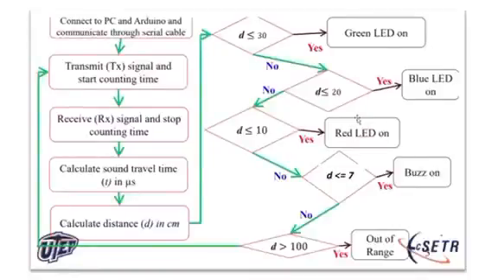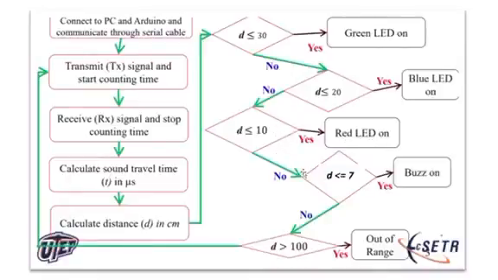We have the flow diagram of the code, which demonstrates the logic of the code. So right here, if the resultant distance is less than or equal to 30, the green LED will be on. The next situation is if the distance is less than or equal to 20, the blue LED will be on. The other situation will be if the distance is less than or equal to 10, then the red LED will be